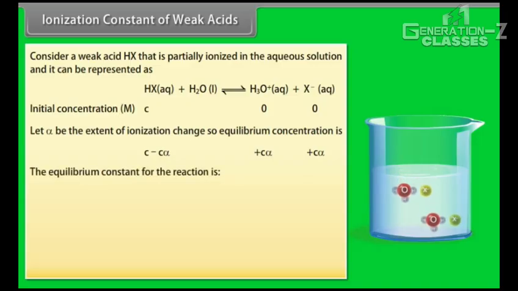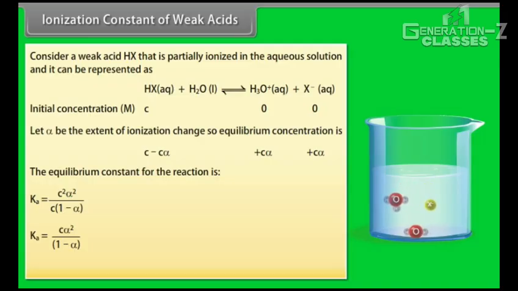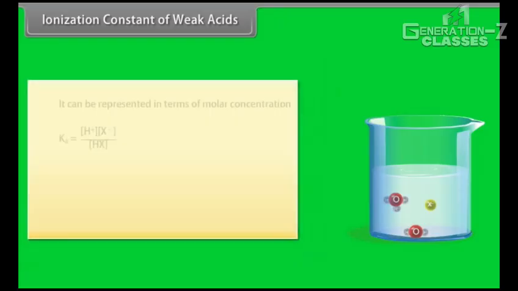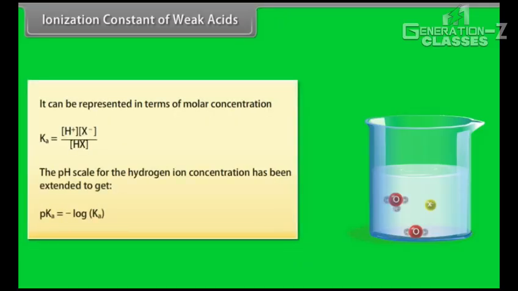The equilibrium constant for the reaction is Ka is equal to C squared alpha squared by C into 1 minus alpha. Ka is equal to C alpha squared by 1 minus alpha. Ka is called the dissociation or ionization constant of acid HX. It can be represented in terms of molar concentration. The pH scale for the hydrogen ion concentration has been extended to get